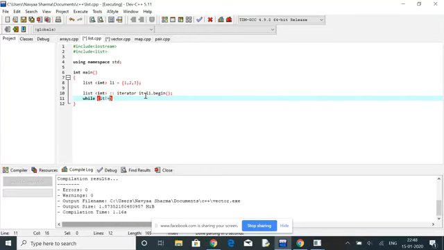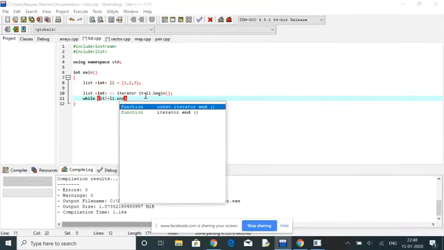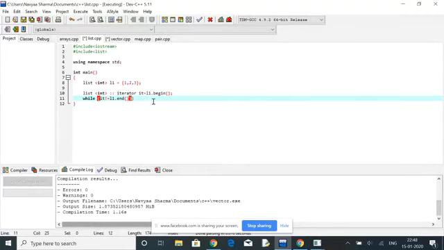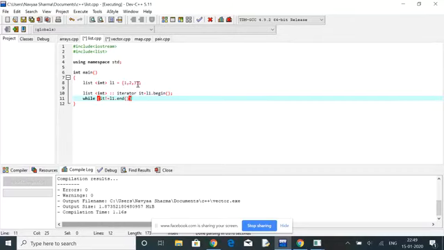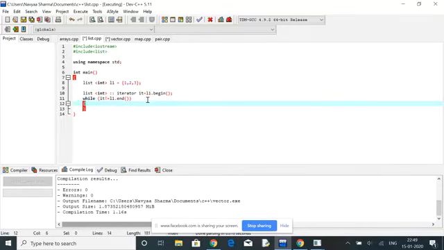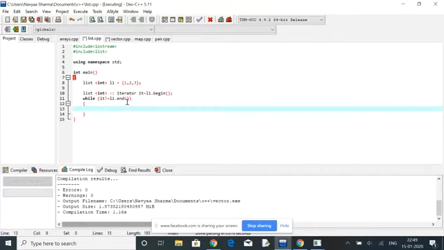is not equal to L1.end(). So what is L1.end() going to point to? L1.end() is going to point to the position next to the last value. It basically indicates the end of the list. So while the iterator doesn't reach the end of the list, the while loop is going to work. And once it reaches the end, the while loop will terminate. Okay, so while IT is not equal to L1.end(), what we are doing is we are displaying